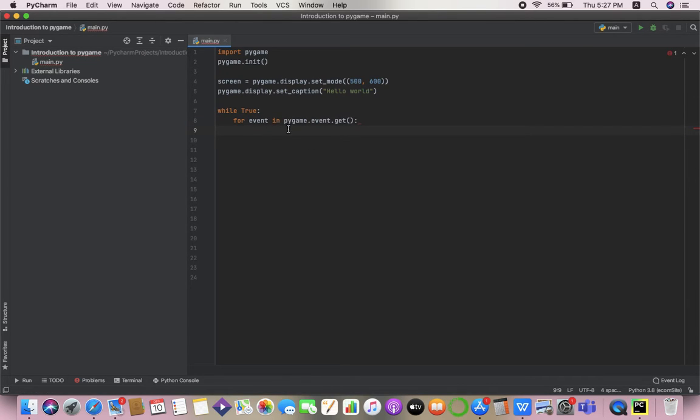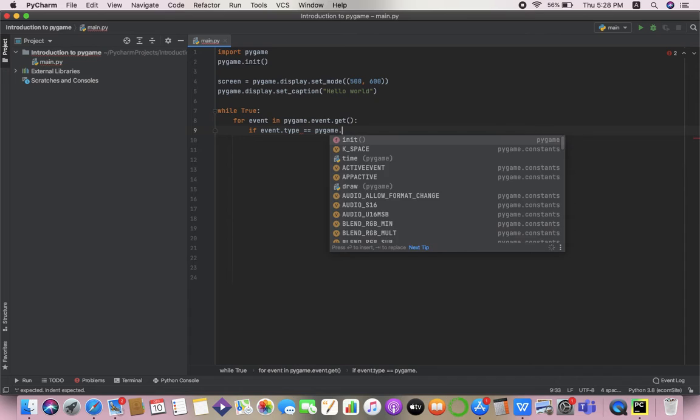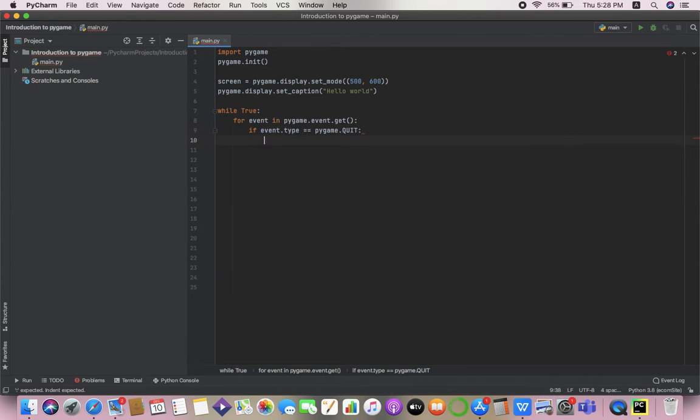And what is an event? An event is, for example, scrolling of a mouse or any click. And now it will check for events, and if event.type equals pygame.QUIT.